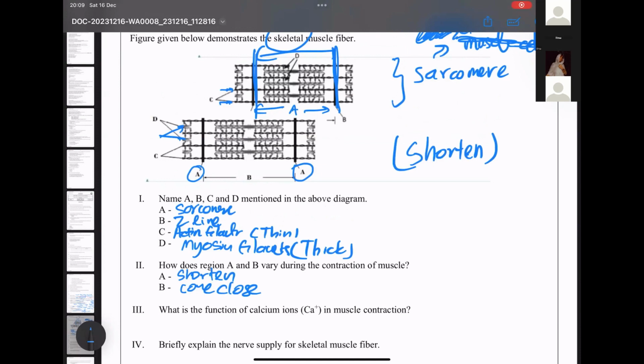Done now. Next, what is the function of calcium ions in muscle contraction? So when we come to sarcomere, I will just give you a small recap. Sarcomere, what should you know in skeletal muscles? You should know something called the slide-in